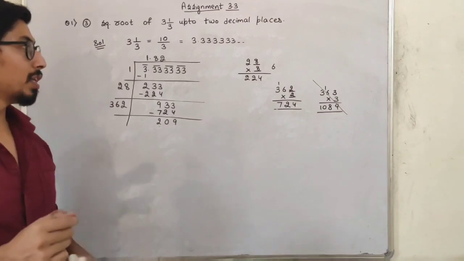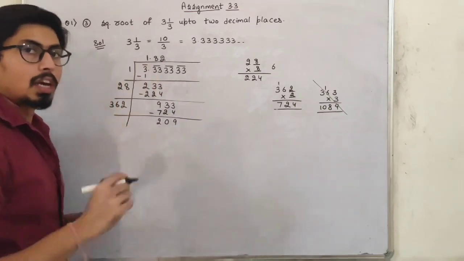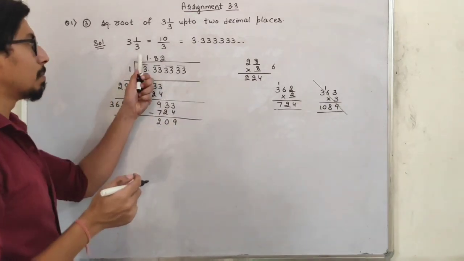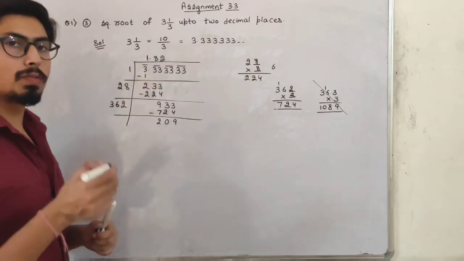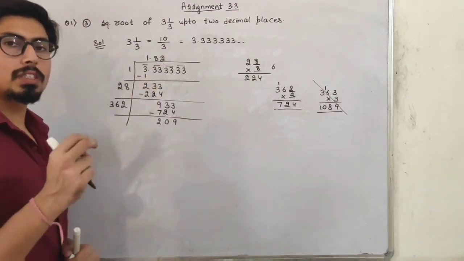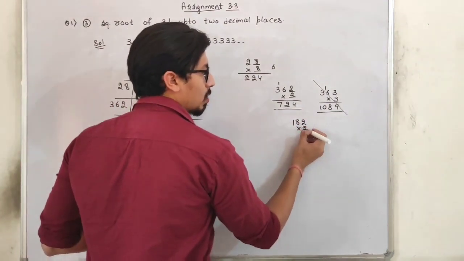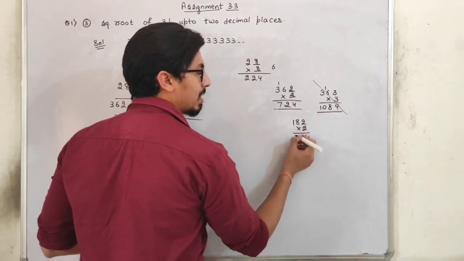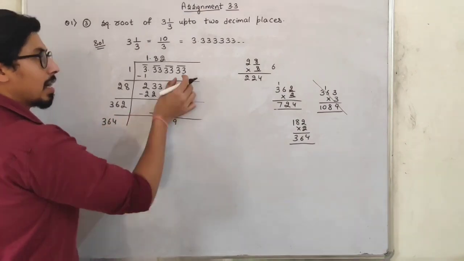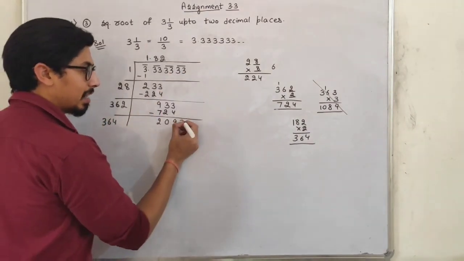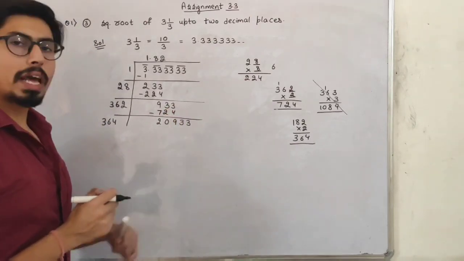Okay, students. Now what we will do is we will take the next bar and take 33. Oh, sorry, before that, I will take this number. The number is 182 without the decimal. So we are going to just double this number. Double of 182 will be 2 2s are 4, 8 2s are 16, and 364. So just write 364 here. Now take this number and write here. We have to form a number near to 20933.